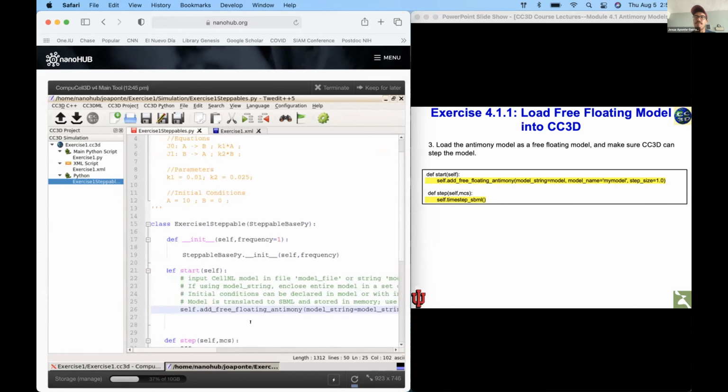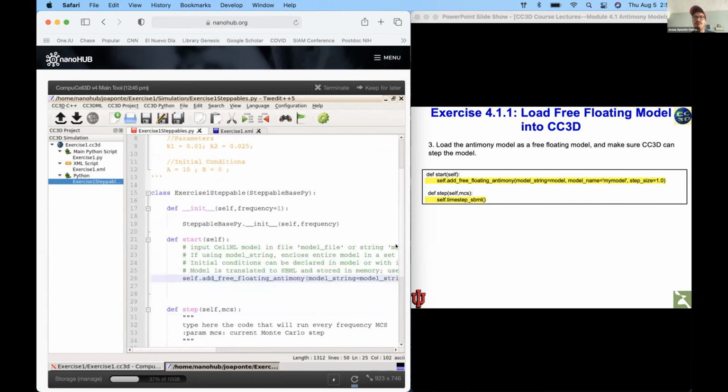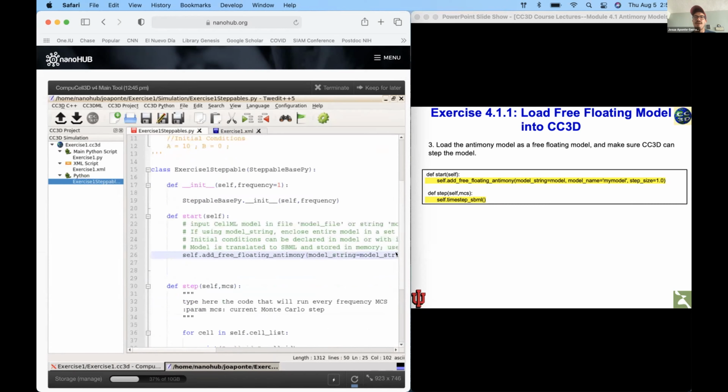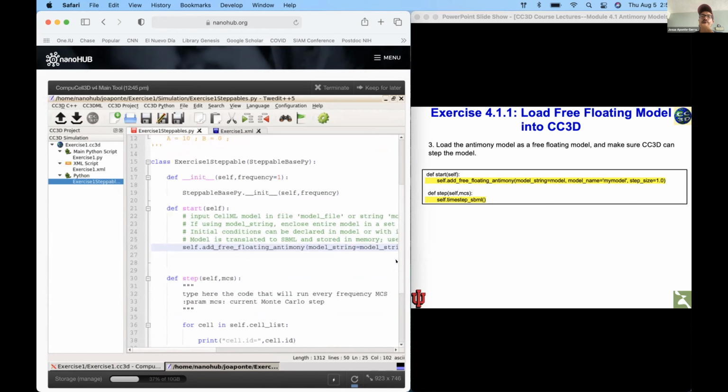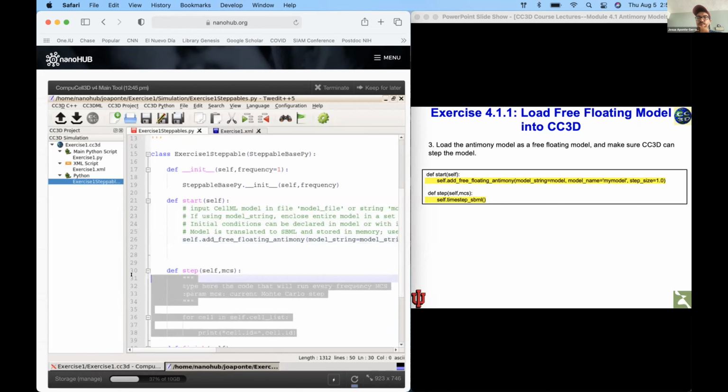Oh, I forgot. I made a mistake. I mentioned that it was very important, and I absolutely forgot. So, any ideas, if I ask the question now, is CompuCell3D stepping the model or not? What is the answer? No, it's not, because I forgot to call that important function that I am always supposed to call when I'm using SBML models